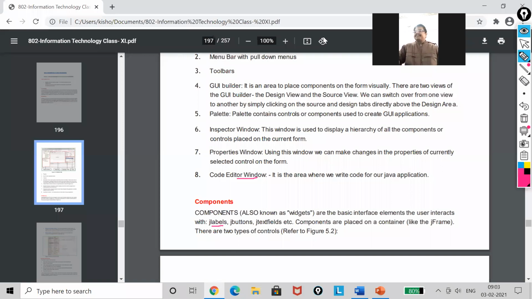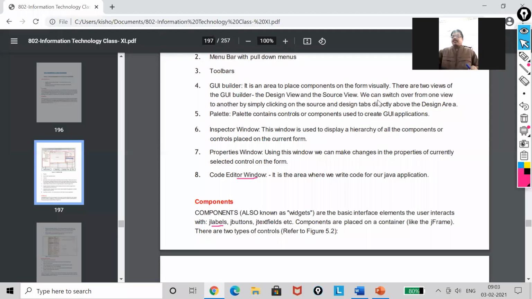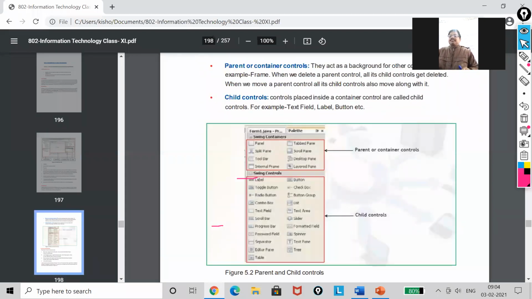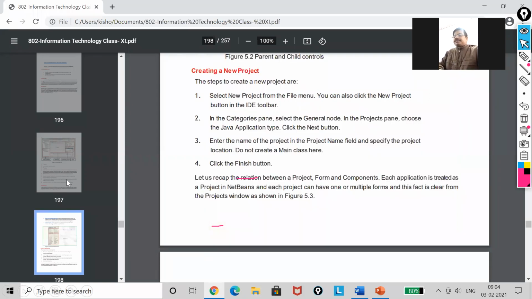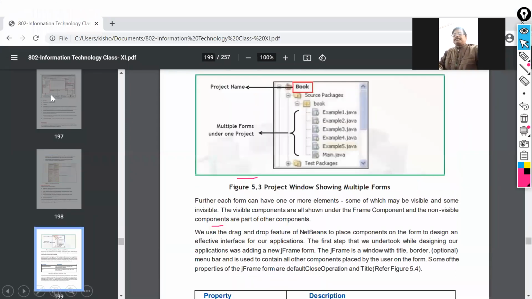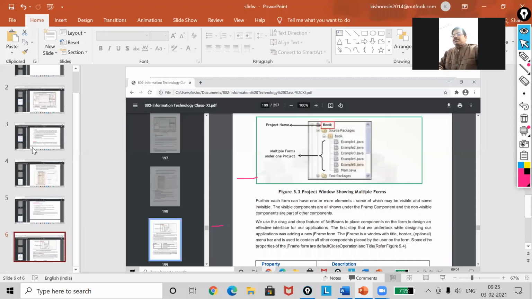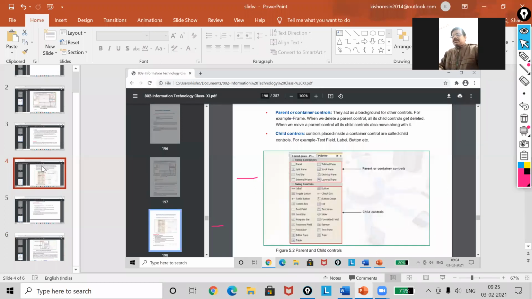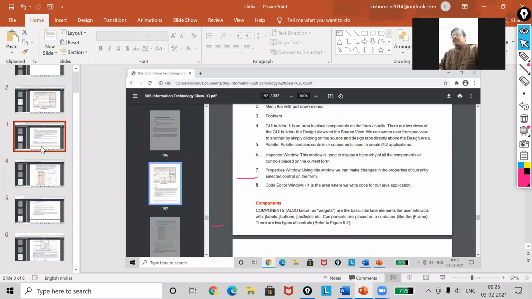Okay, now students, my next topic is, what are controls?